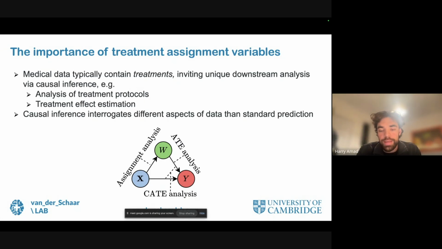And that can either be done at the average level, so what is the expected treatment effect for an average patient, or the conditional average level, which would be what is the expected treatment effect for a patient with this level of covariates. And because these causal arrows are the target of such analyses, they should be well preserved in the synthetic data in particular. And this is different from the data requirements that typical supervised learning and prediction tasks place on data.